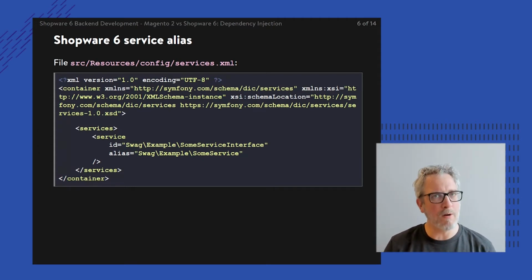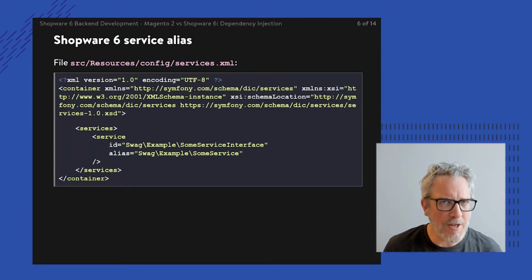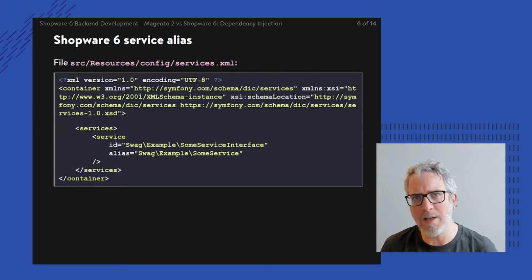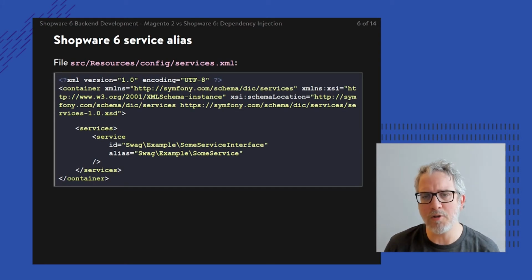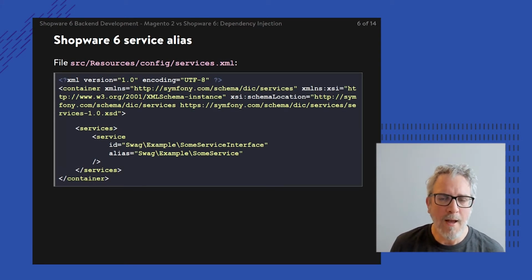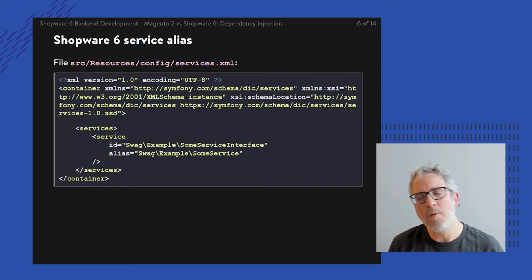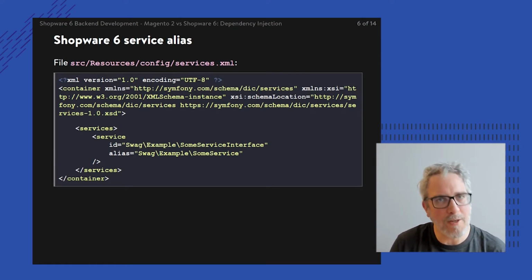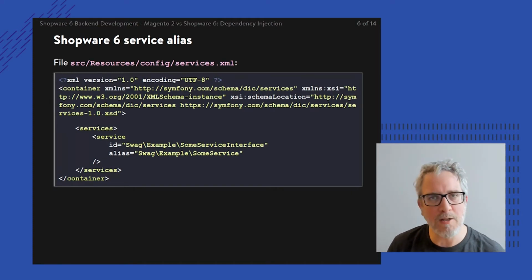But we're going to see more about that as soon as we dive deeper into those service definitions. But step one within this question about dependency injection: dependency injection is simple, but the configuration always leads into more trouble or more knowledge. And then the question could be, do we have an alternative for a Magento preference within Shopware? And the answer is basically yes. And let's refer to this as a service alias.